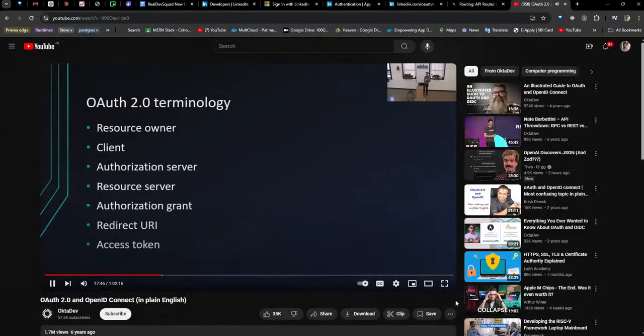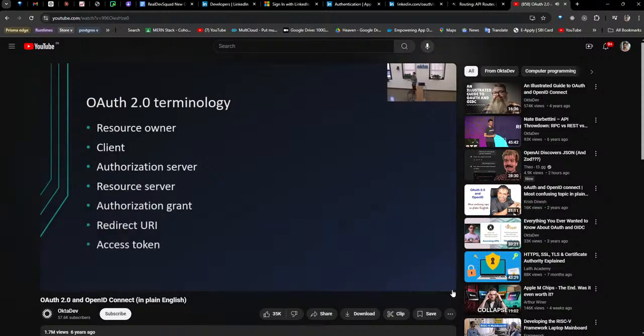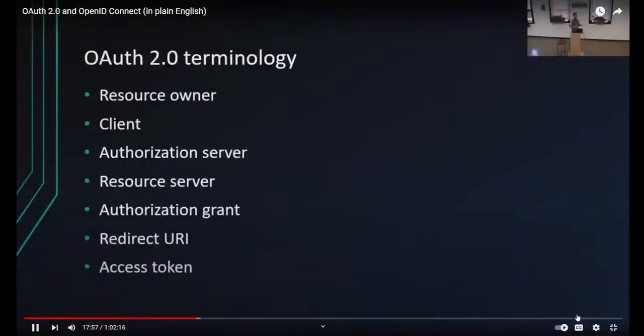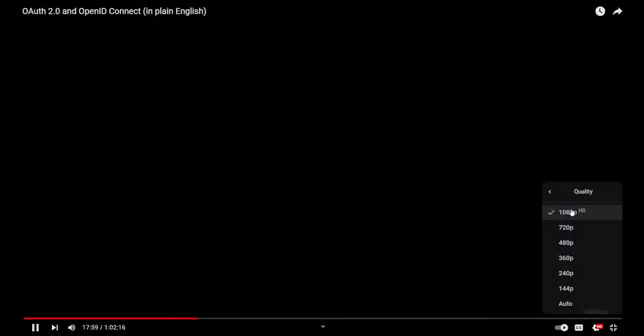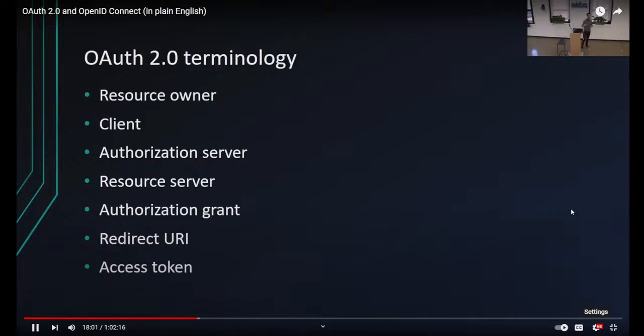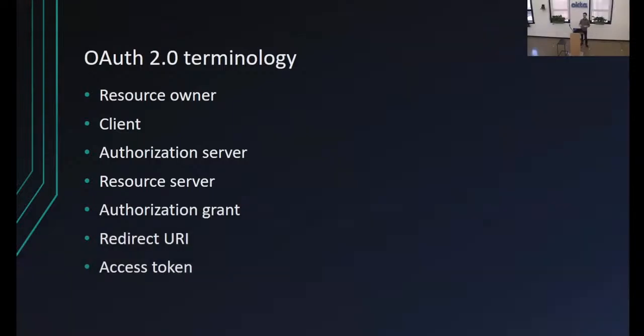So the whole point of the whole OAuth flow, going over to the authorization server, coming back to the client, the point of doing that whole kind of dance back and forth is to get something called an authorization grant. And the authorization grant is the thing that basically proves that the user has clicked yes, I consent to this level of permission, or I allow you to have permission to this stuff. I mentioned this a little bit before, but